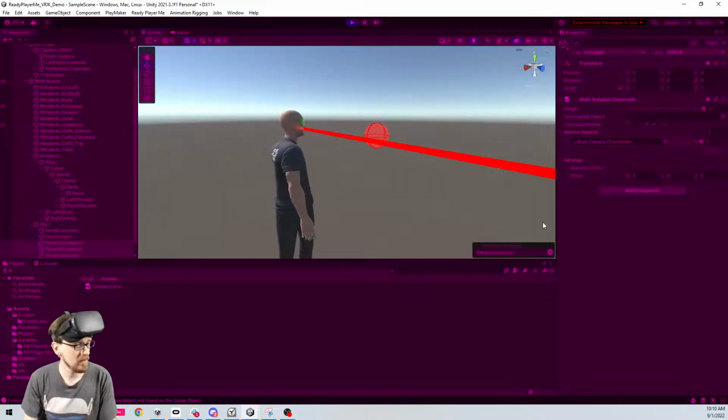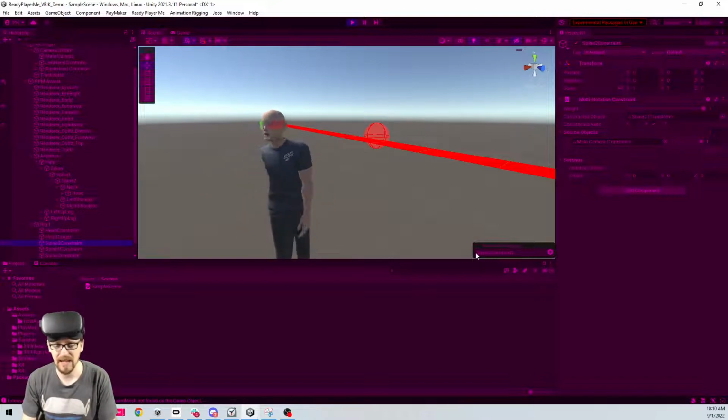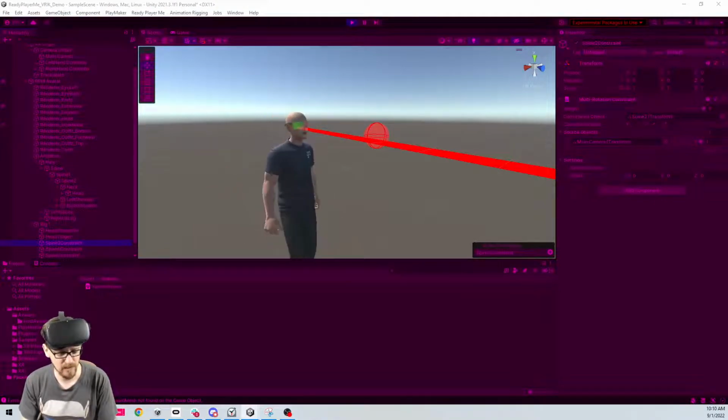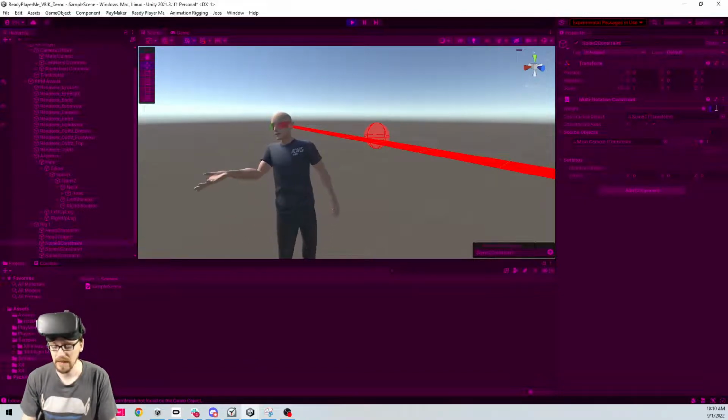This makes me really sad that my cable seems like it's got a short. All right, so now it's only rotating my spine, not when I go up and down, but only left to right. But we don't necessarily want to move our spine that drastically. That person's got a lot of energy right there. So let's take our weight. I'll use my other project just because my brain's not really working right now. If I look at my other project, what did I do for spine 2? I did 0.3, spine 1, I did 0.3 as well. So we can go weight 0.3.